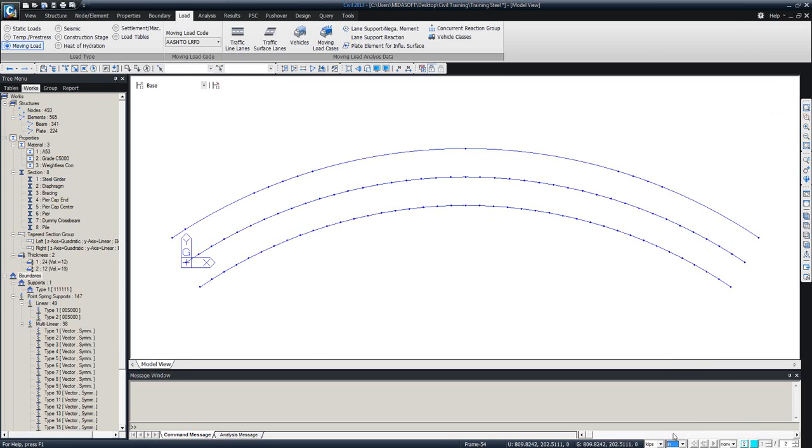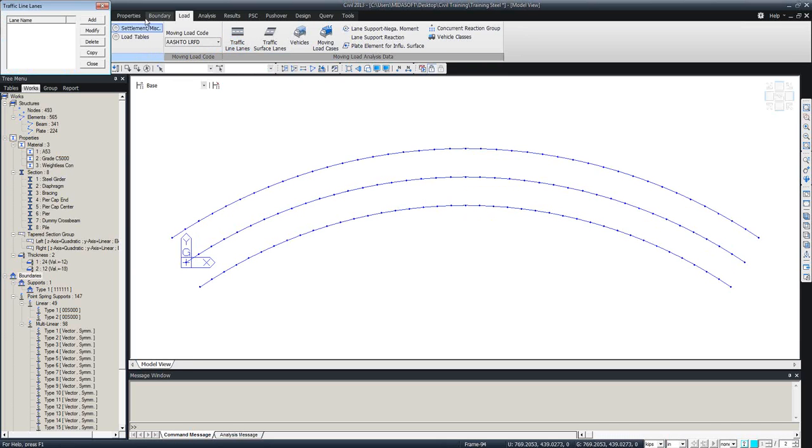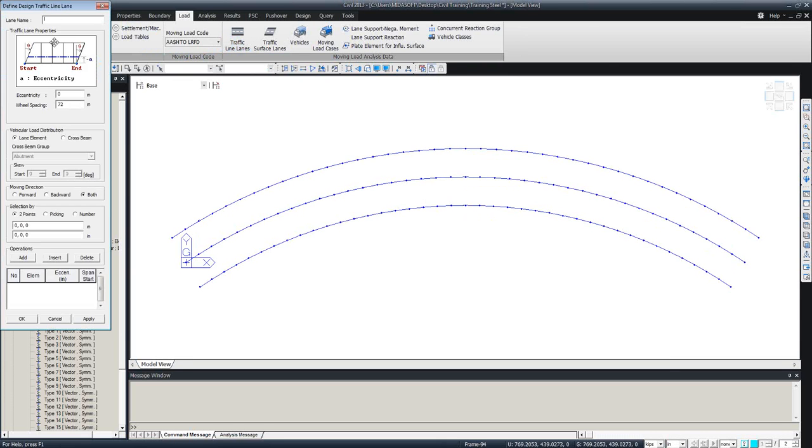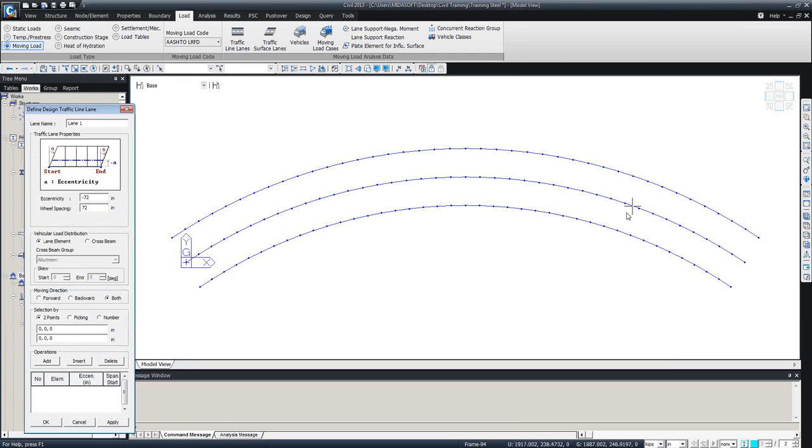Let me set it up to the inches, and going to the traffic line lane. I'll call it lane 1, and the eccentricity will be -72 for this girder. So let me first select this one, and then here for the load distribution you have two options: lane element or the crossbeams. For this type of girder I prefer to go with the crossbeams because the load distribution will be more evenly done. So I select the cross frames,